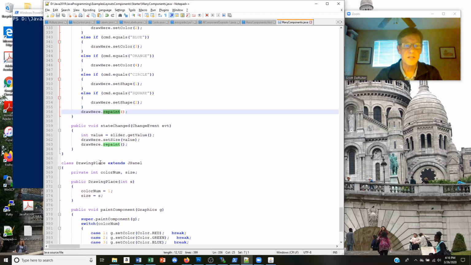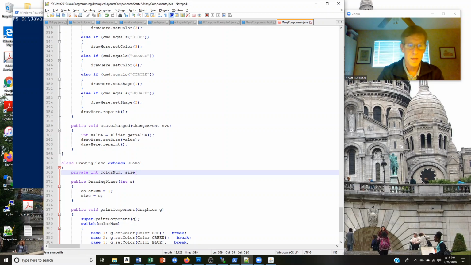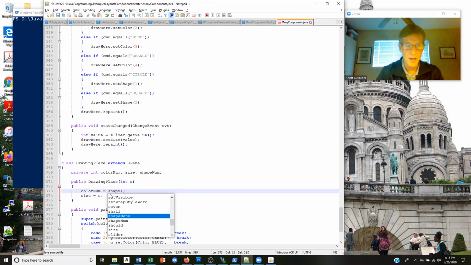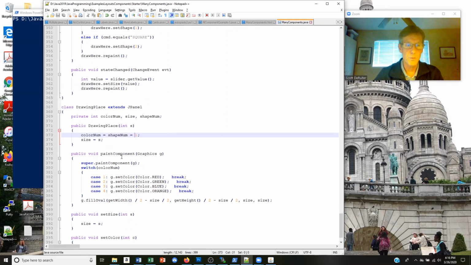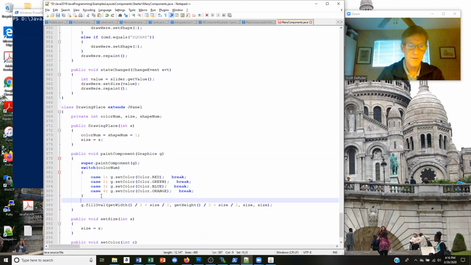All right, that means we're going to need to change this drawing place. So there's going to be a color number, there's going to be a size, there's now going to be a shape number as well. Shape num, and maybe we'll set that to 1 to start out with as well. Be our default shape. And then when we paint, we're going to pick a color, but then we'll also say if the shape num is 1,